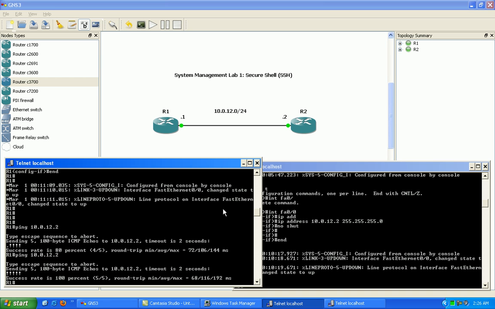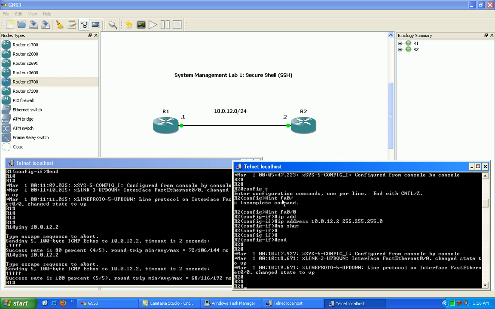Now we're going to go ahead and take a look here on router 2. Now that we can ping router 2 from router 1, what we're going to do is set up router 2 to be accessed via SSH. And that's the only way we're going to allow other routers, our hosts, our